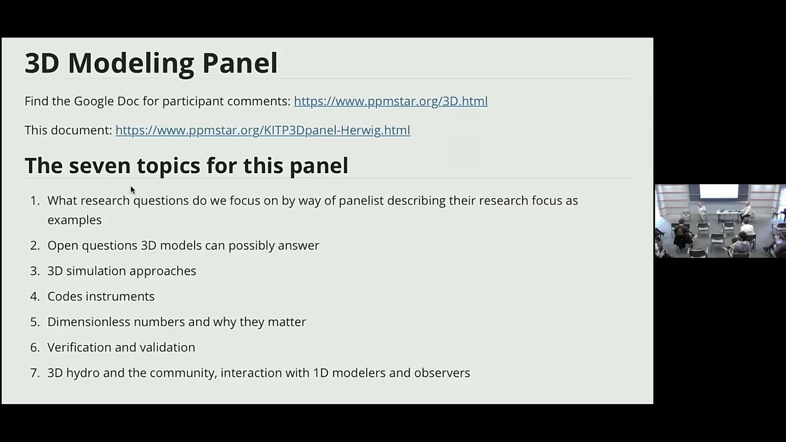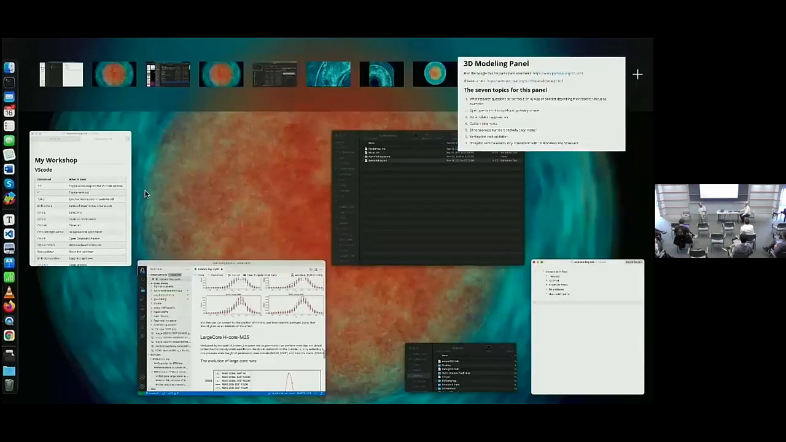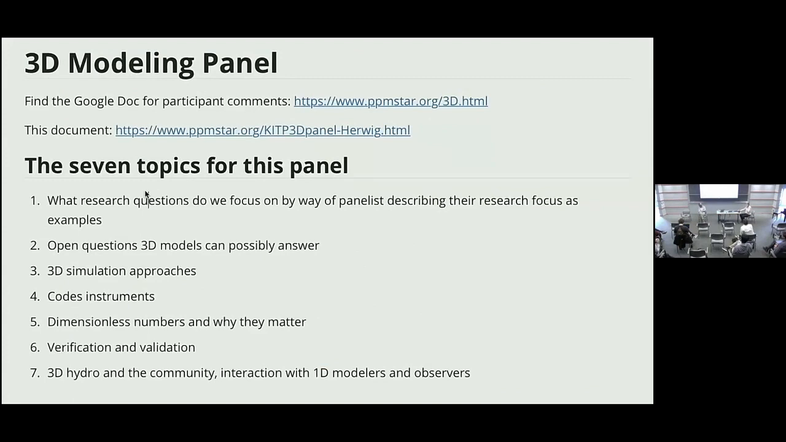Let's get started. I'm very excited for this panel that we are having right now on 3D modeling. The organization is going to be slightly different from some of the panels that we had yesterday. Just to give you an overview, the panelists have discussed extensively and have come up with 7 different topics that they think are interesting. One of the big questions is going to be, which of these should we delve into